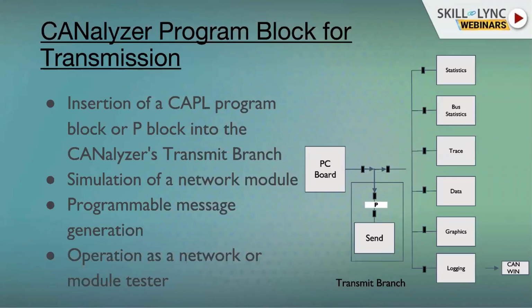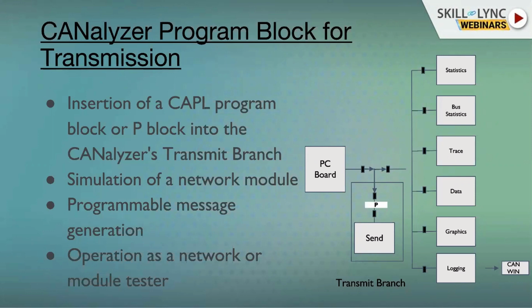As I said, we have seen the IG block, the generative block, the replay block, and the CAN block. So this is a transmission branch. Each one will be indicated with a small alphabetical letter. When you are trying to send the IG block, it will be marked as IG. When you send the generative block, it will be marked as G. If it's a replay block, it will be marked as R.